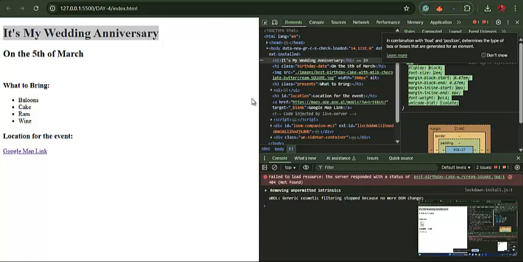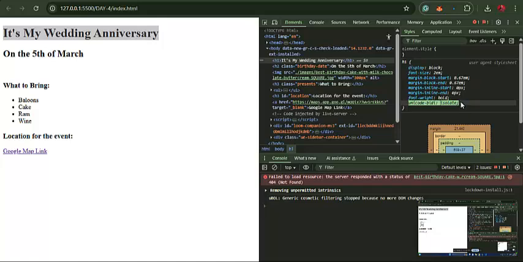Display block means it is taking an entire line. Remember when we were doing links, if you create two links, like when we created the about page and the contact page, those two links were in the same line. So they were inline. But if an element is in a block format, that means it's taking an entire line to itself, it's not sharing it with another element. So let's say I want to come in here now and make some adjustments to this code. I can simply say